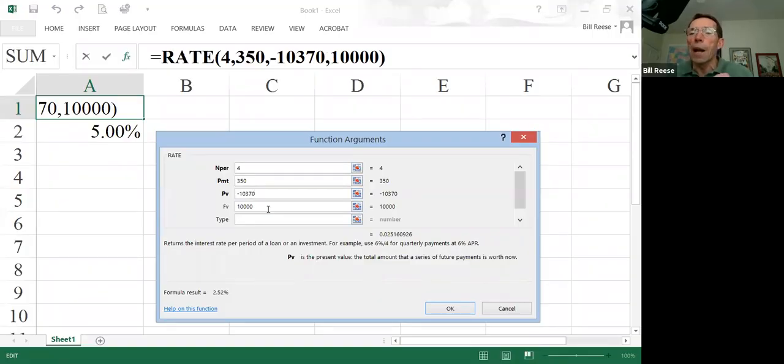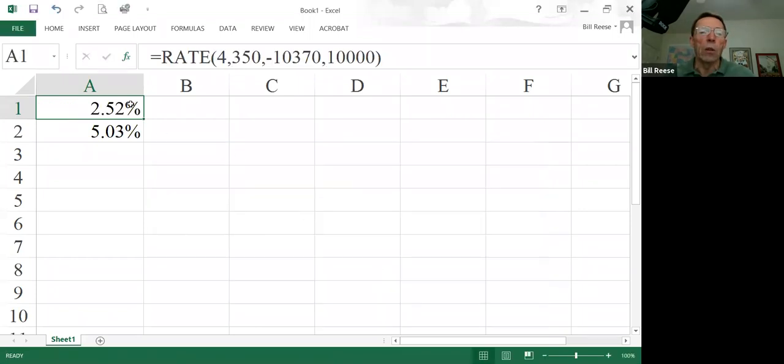So four semi-annual periods from now, we're going to get $10,000 as the face value. Each of those semi-annual periods, 4 of them, we're getting $350 coupon payment. We can buy the bond today, or we did just buy the bond at a price of $10,370. What is the yield on this bond? So we click OK, and we see the yield on this bond is 2.52%